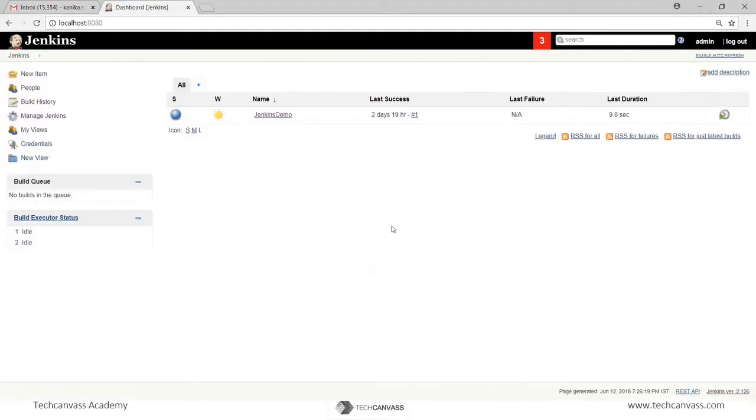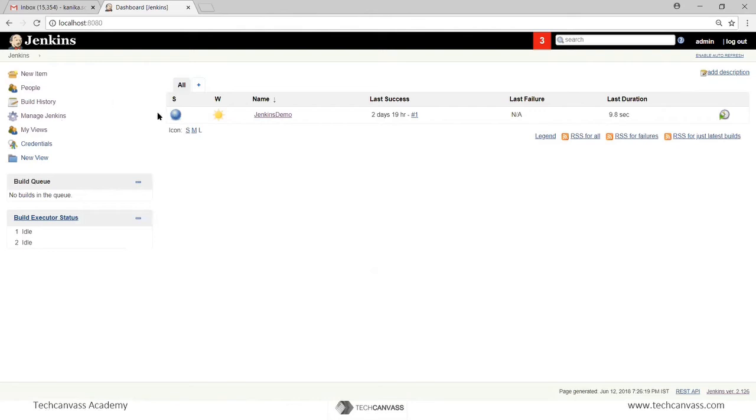This is our Jenkins dashboard, which we can log in using an admin user. On the left hand side, there are different links. First is a new item, from where we can create any new job. The other important link is Manage Jenkins, through which we can configure our Jenkins. Inside this, there is an option of download plugins or manage plugins, through which we can download any required plugins